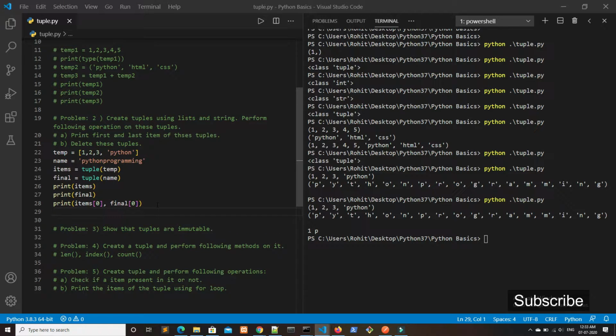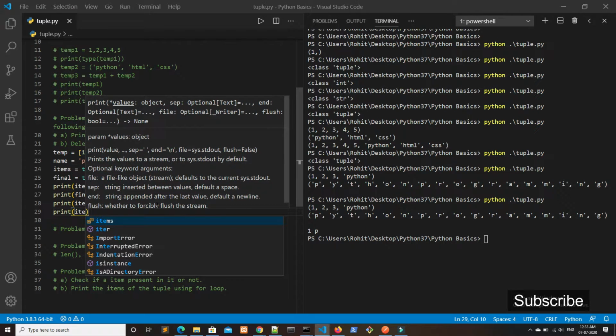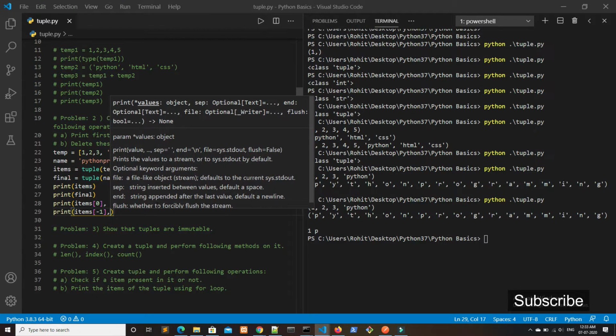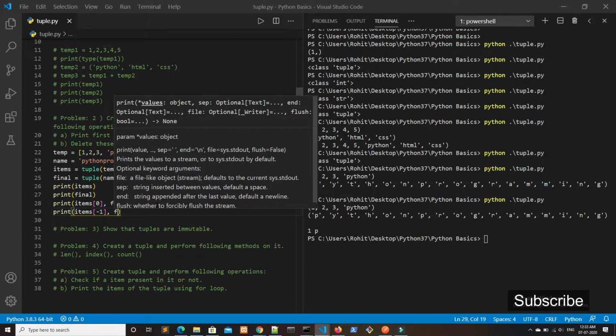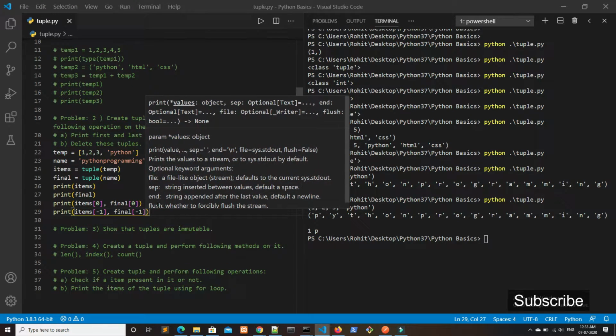And we also have to print the last value of both the tuples. So to get the last value, we write items and -1, and for final we write final and give -1.